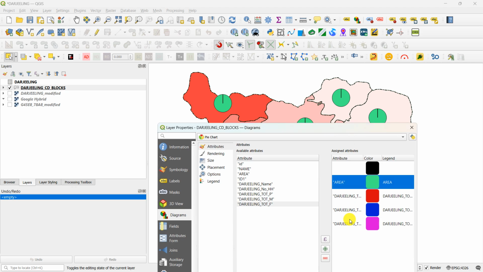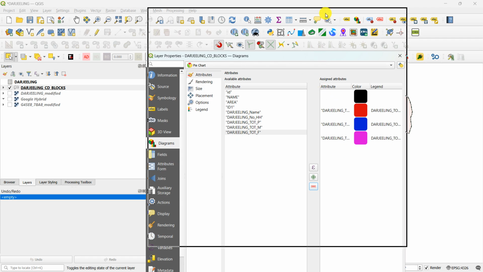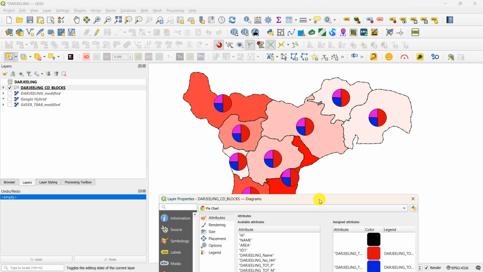So for now, we will minimize it and let's see what we will have. Apply. Yeah, it's quite good. Total population, male population and female population, and area is in the form of choropleth under the pie diagrams. Okay,